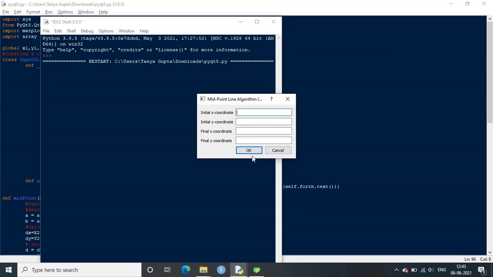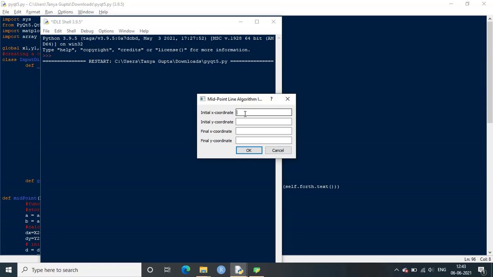By clicking on the OK button, we'll submit the values entered and the program will run and show us the output, which is the line plot. By clicking on the Cancel button, an alert message dialog box will display asking if you want to kill the program, and it will kill the program. Now I'm entering the values.